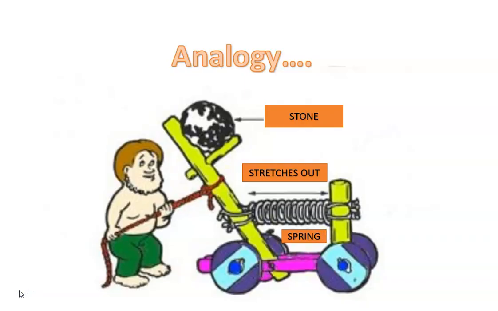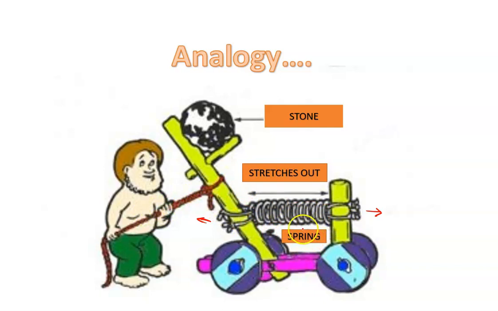Look at this image. Have you ever watched an ancient war movie? This is a stone throwing weapon and it is used in a war. We might be able to compare a capacitor with a normal spring. In this machine, what happened? Firstly, a spring. This is the spring and the spring collapsed. Then we stretch or pull the spring outward like this. The spring will stretch out. It means we are giving energy to the spring by pulling this rope.